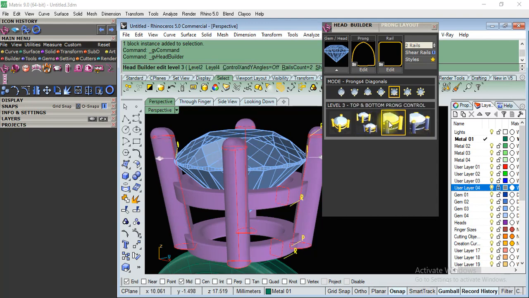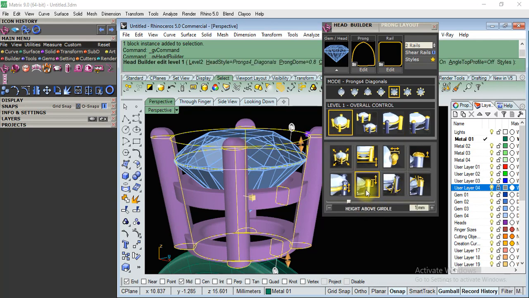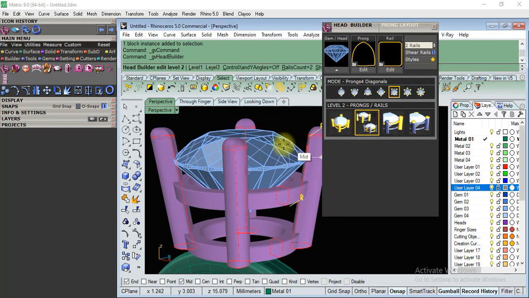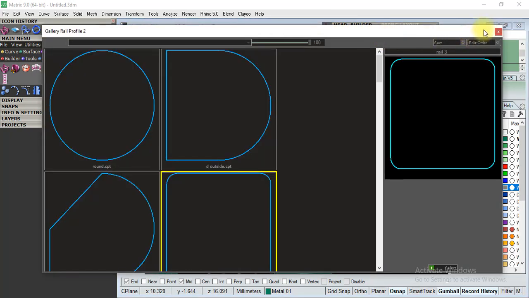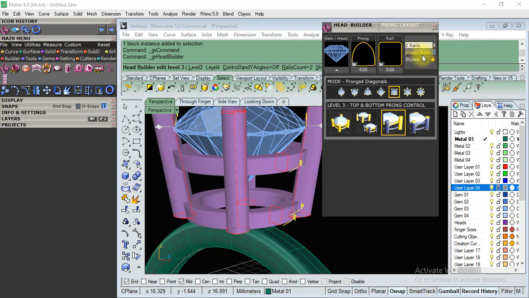It's not showing. Height above, head angle, top angle, prong nudge, head drop, rail drop, and this is prong size, but it's not showing cross section size. So where is the rail? This is fine. Edit, that is also fine, but we have to